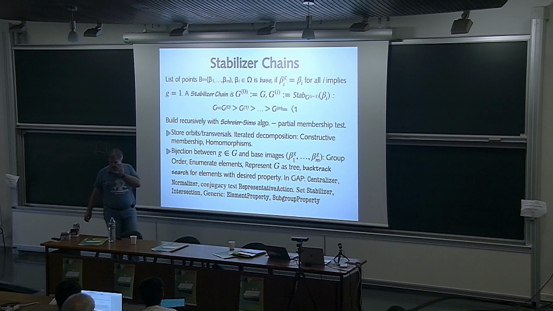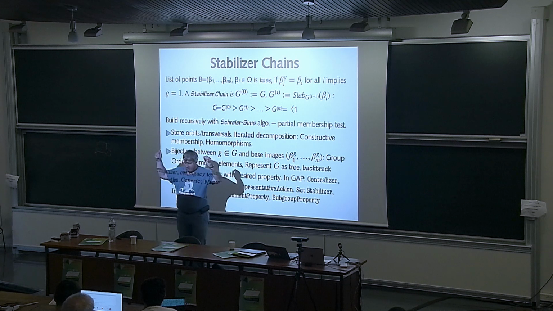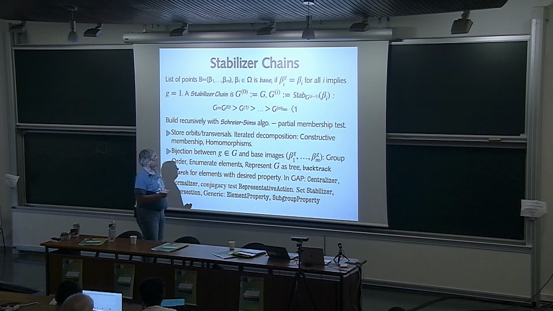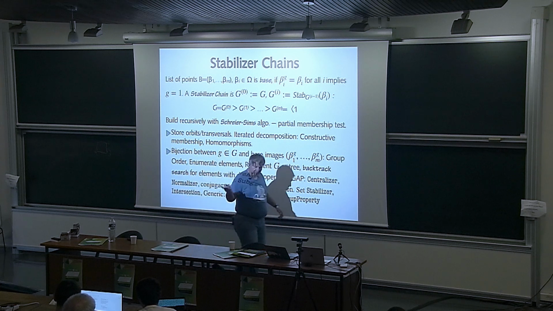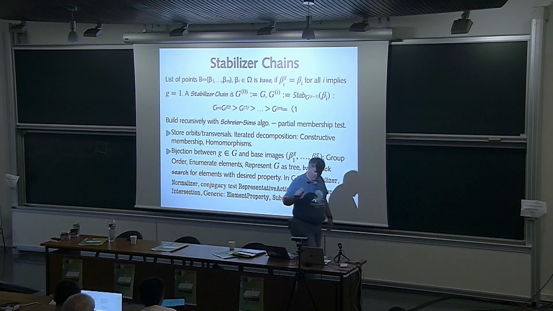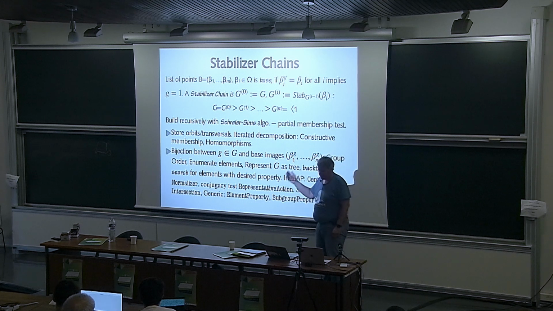But let me briefly describe what the algorithm does. The algorithm starts with the first point, beta 1, and calculates its orbit, transversal, and stabilizer. So, whenever we get a Schreier generator for the stabilizer which is not the identity,